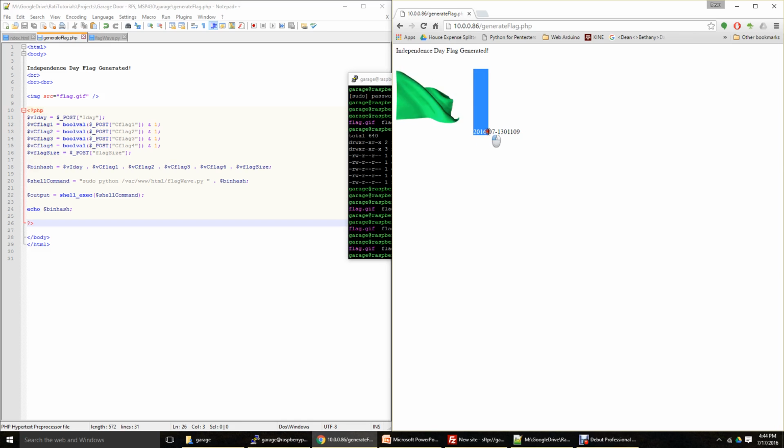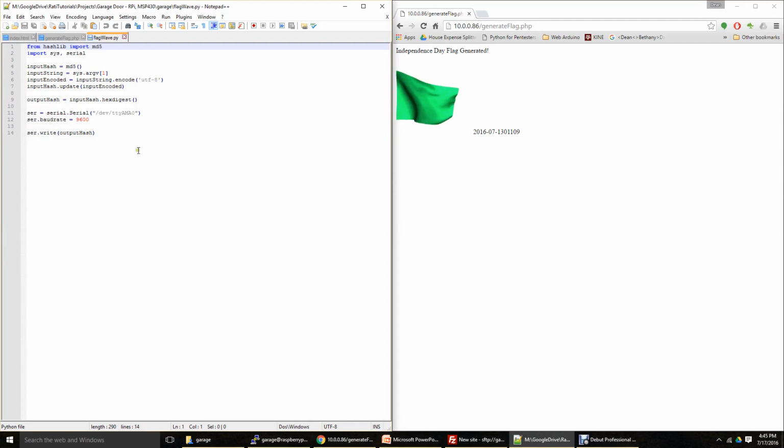So it's the date, the year, the month, the day, and then the Boolean values, true or false, for the colors. So it's the first color, second color, third color, fourth color, and then the feet of the flag right there. So this is one string. It's essentially your password, so don't ever let anybody know this password right here. And then I'm going to generate the hash of this. Okay? So let's jump over to the